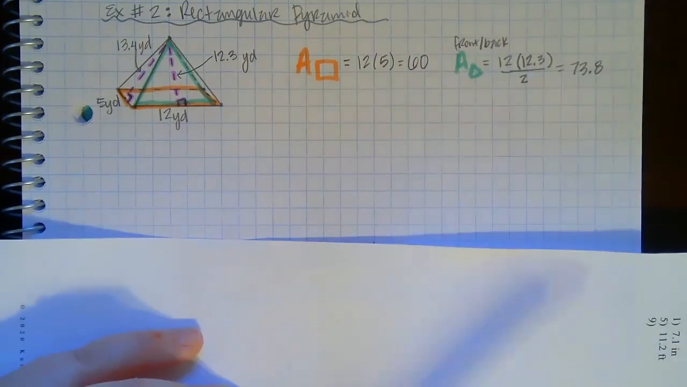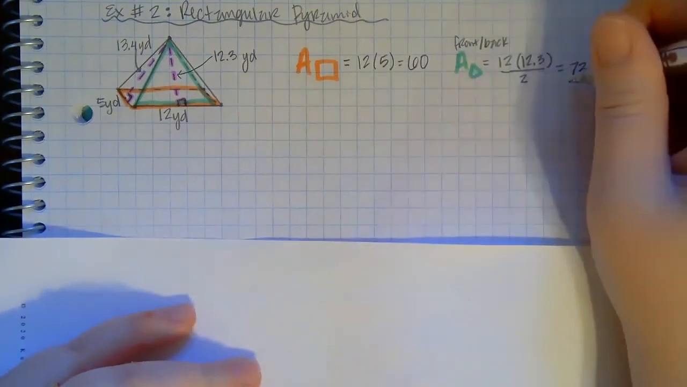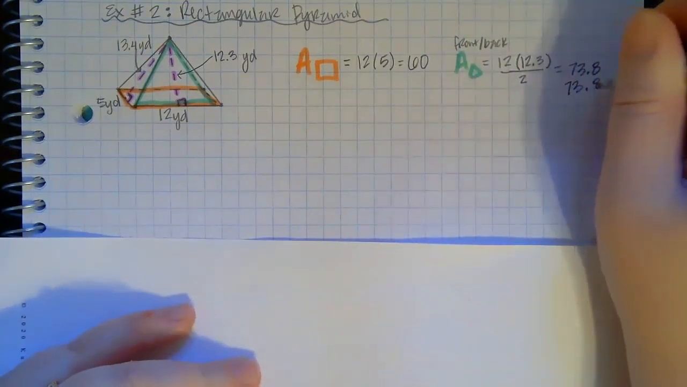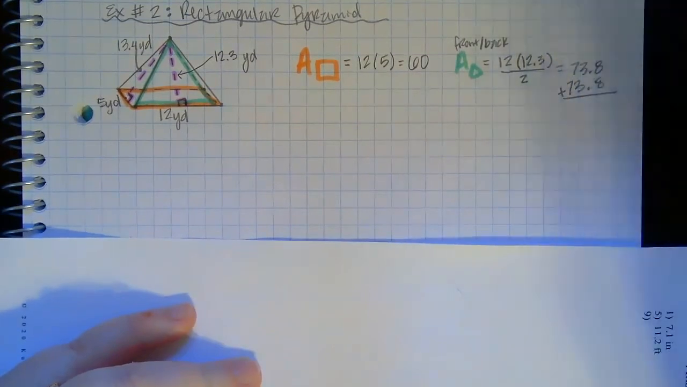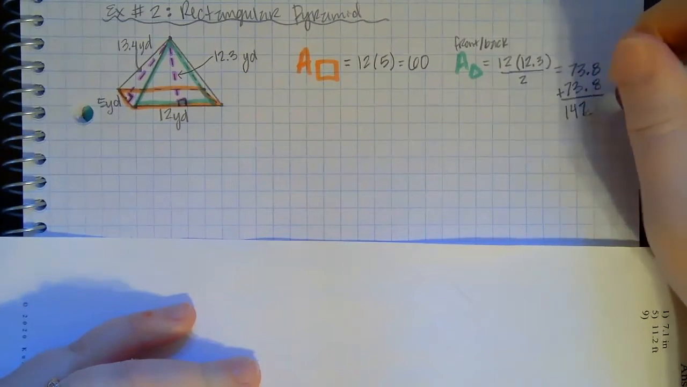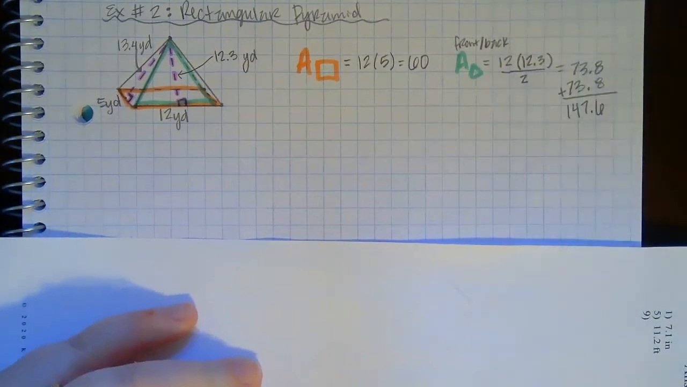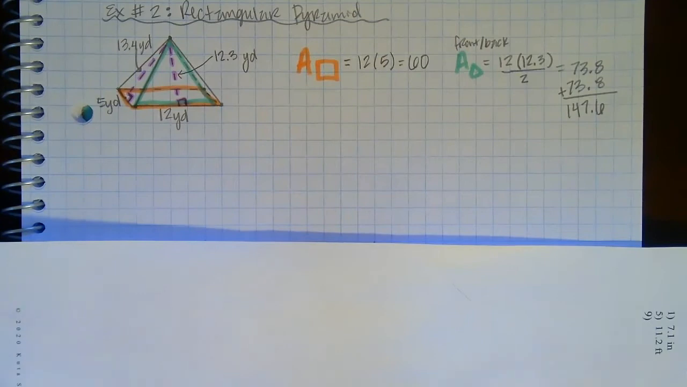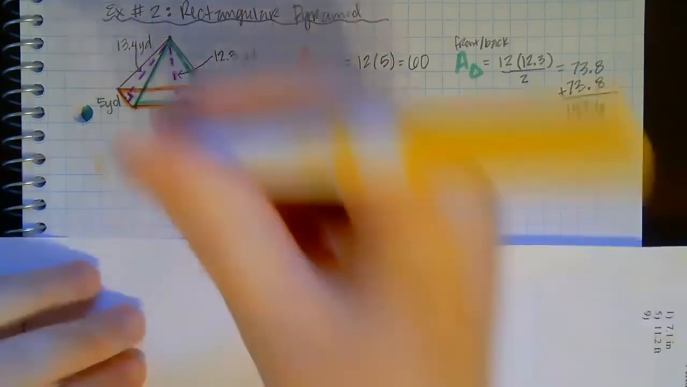73.8. Now remember, there's the same one on the back, so I have another 73.8 on the back. So I can add those together, and I get 147.6 for those 2 triangles. Okay, now on this one, like I said, the other 2 sides are different, so I have